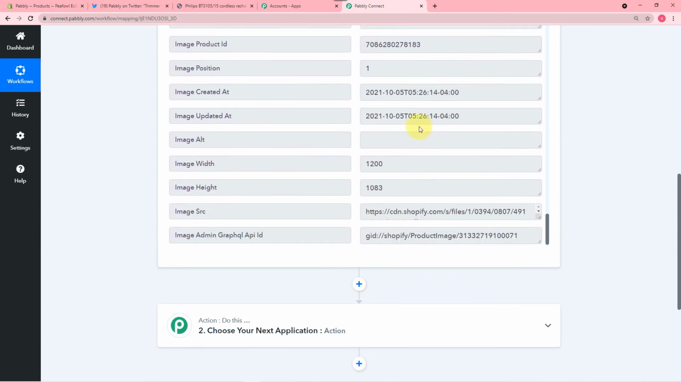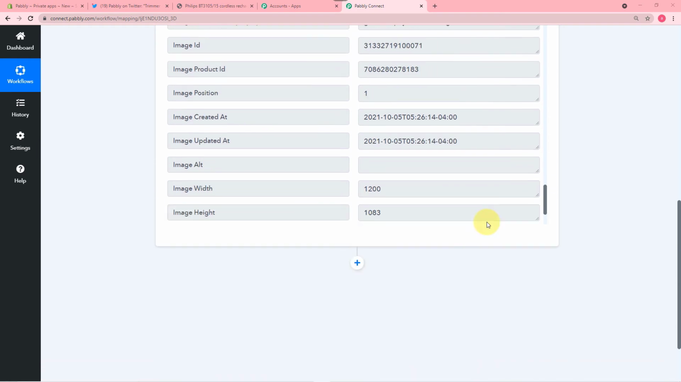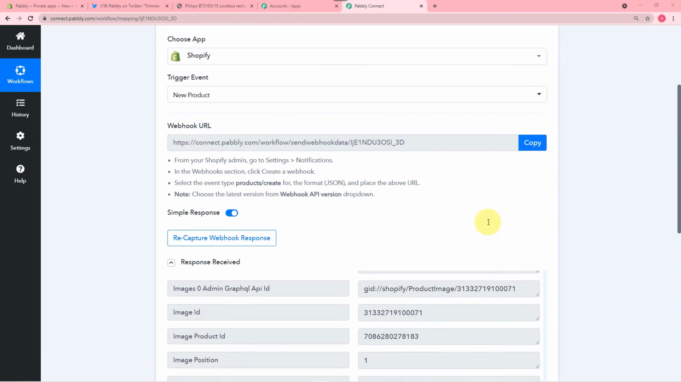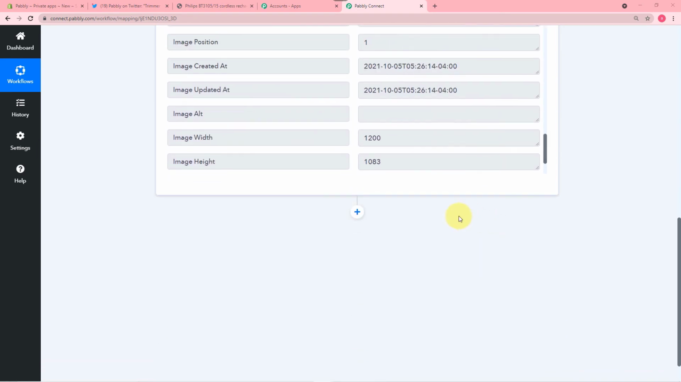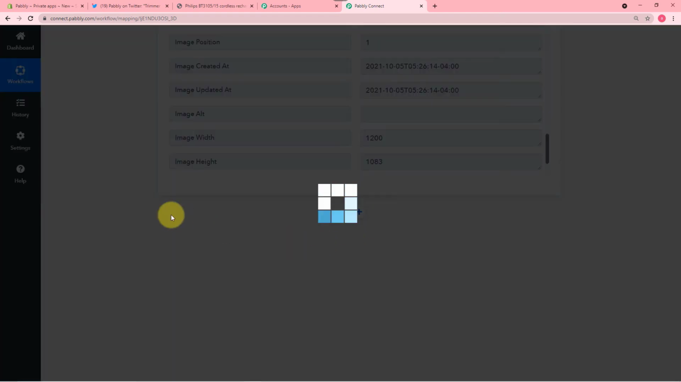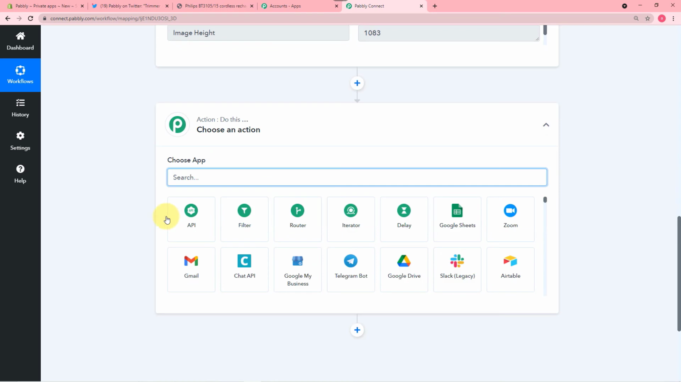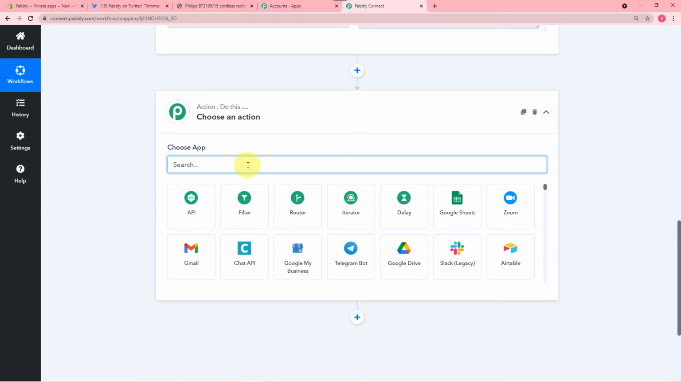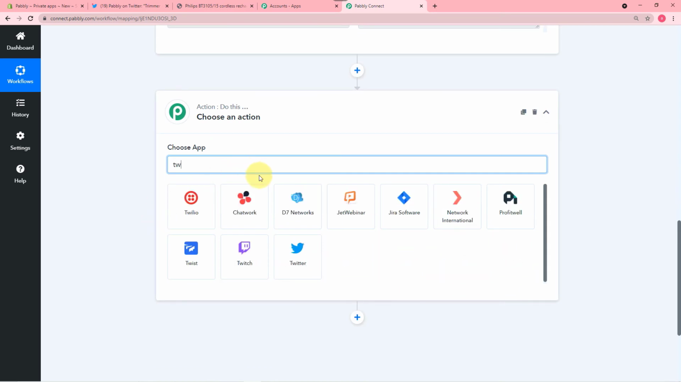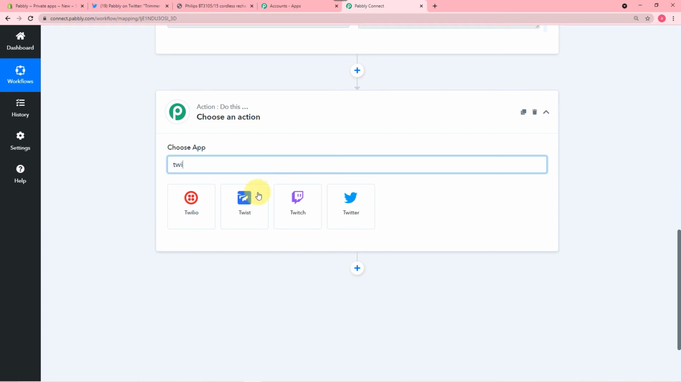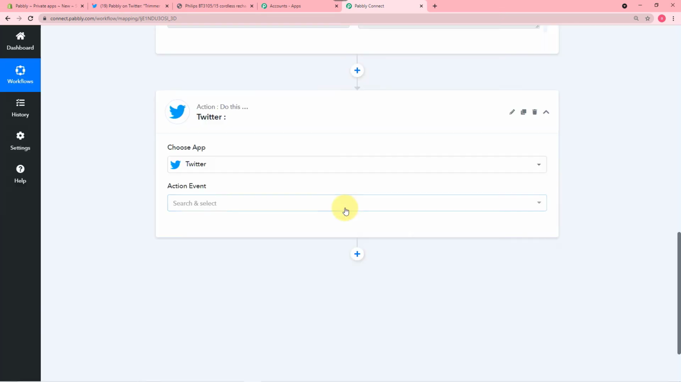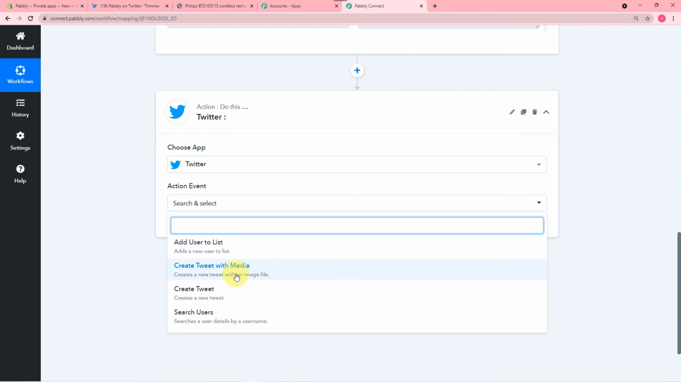All right. So after capturing the response from your Shopify store like this, what you have to do is click here on this plus icon, and then you have to choose your application. From this choose app is Twitter, TWITTER. So this is Twitter, and in this action event you have to select create tweet with media, this option,